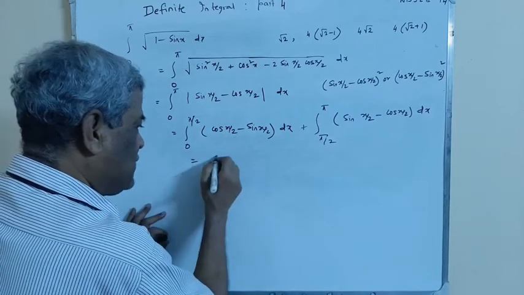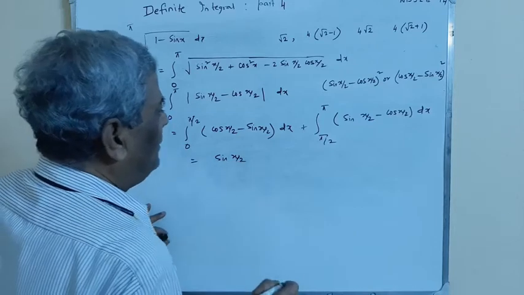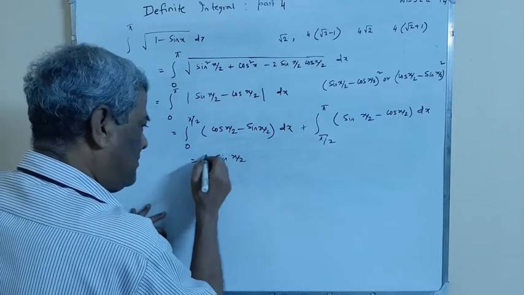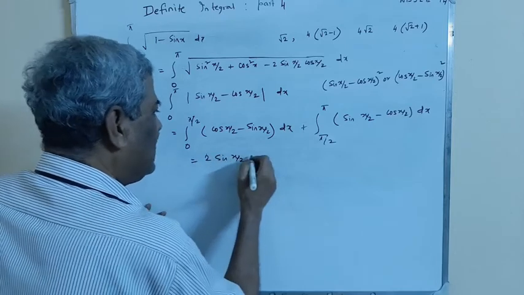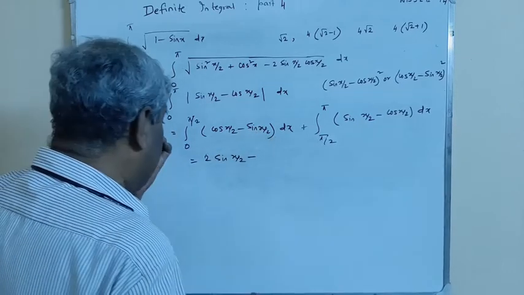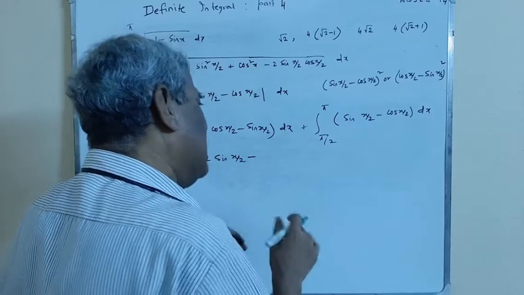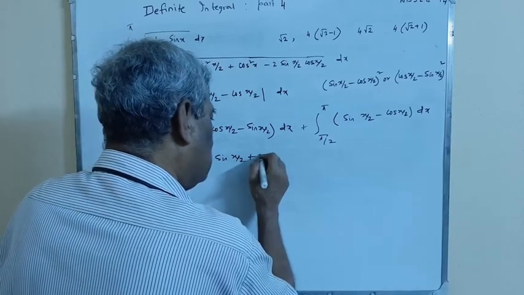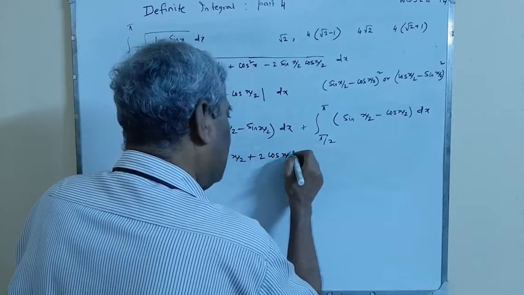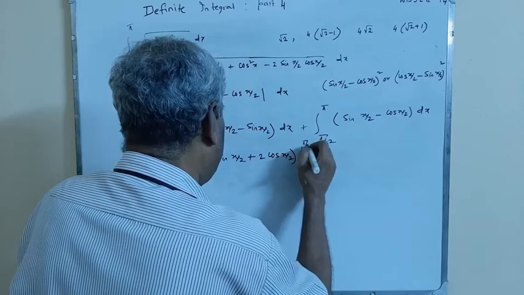Its integration is sin x by 2 divided by half, that is 2 into sin x by 2, minus sin x by 2, its integration is minus another minus cos x by 2 by half, that is plus 2 cos x by 2, and the limit is from 0 to pi by 2,